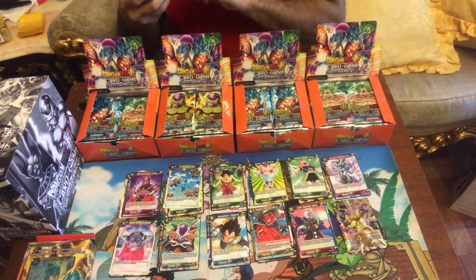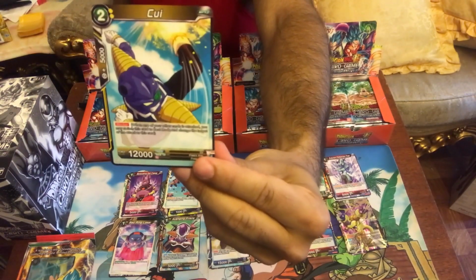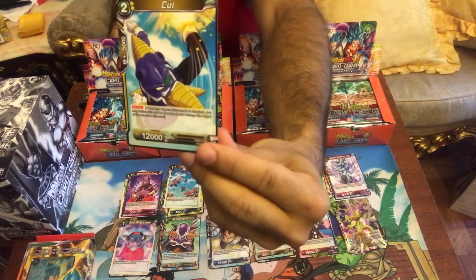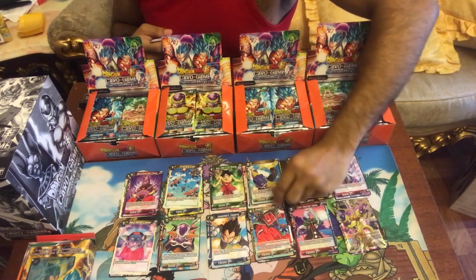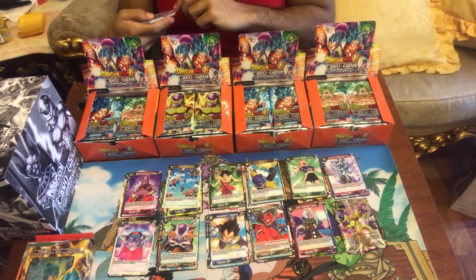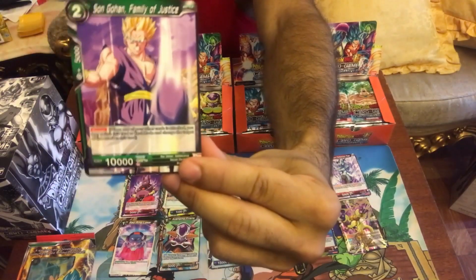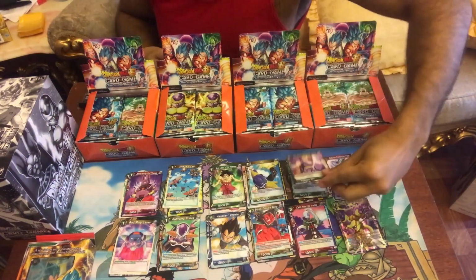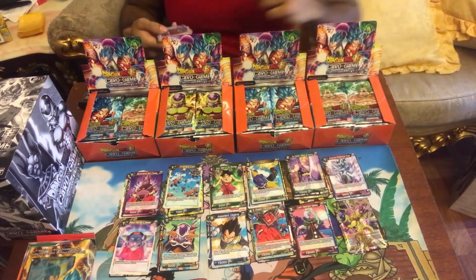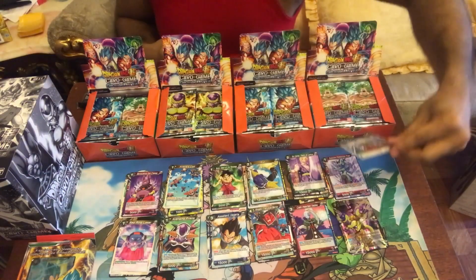We got Kui. When one of your other cards is attacked, you can switch him to the attack target. So it's a nice blocker effect. He's a little stronger. He's like Gohan. I think Battle Striker Gohan, or it's one of the Gohans. Oh, actually this Gohan, Family of Justice. Yeah, so he's basically this card, just for Frieza decks or Ginyu decks, depending on how you want to go about it. Another Whis Coercion,